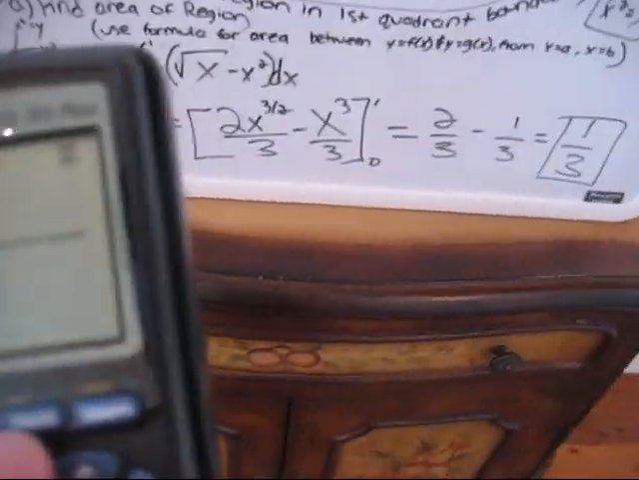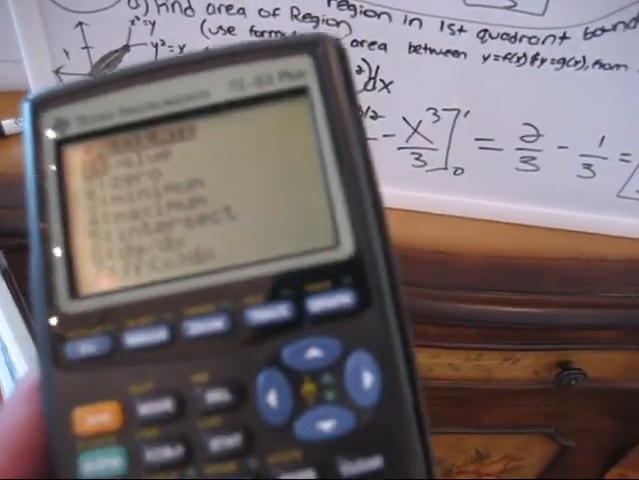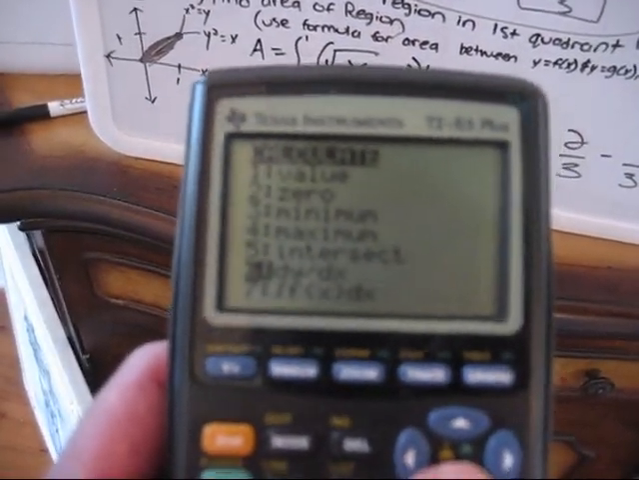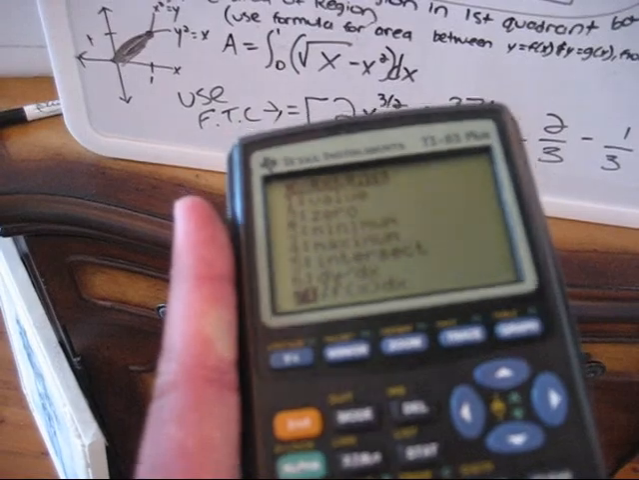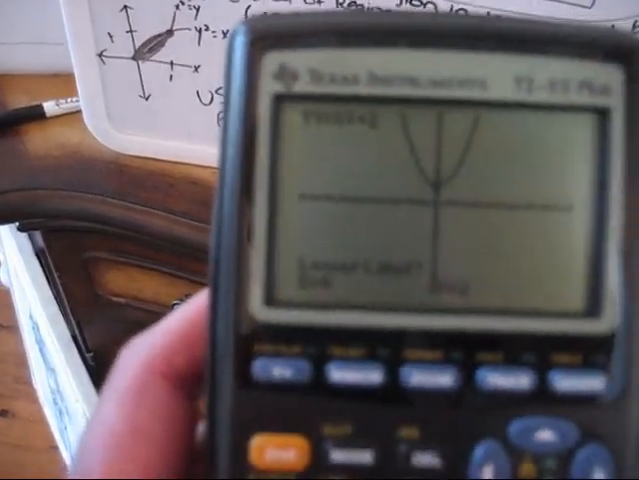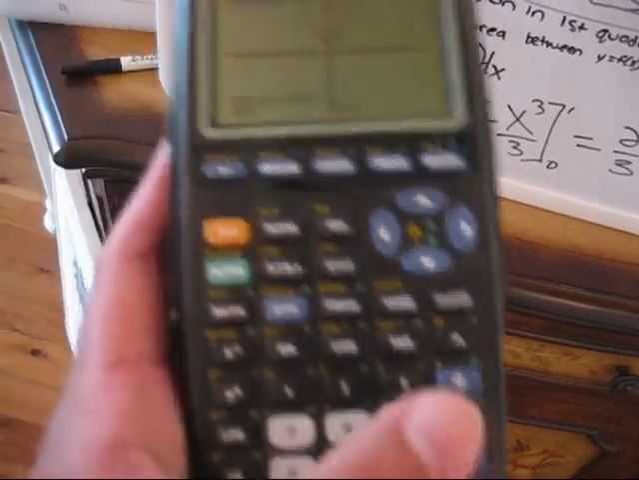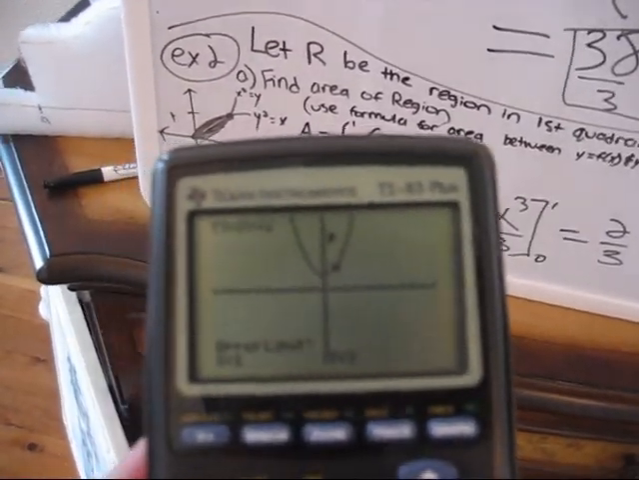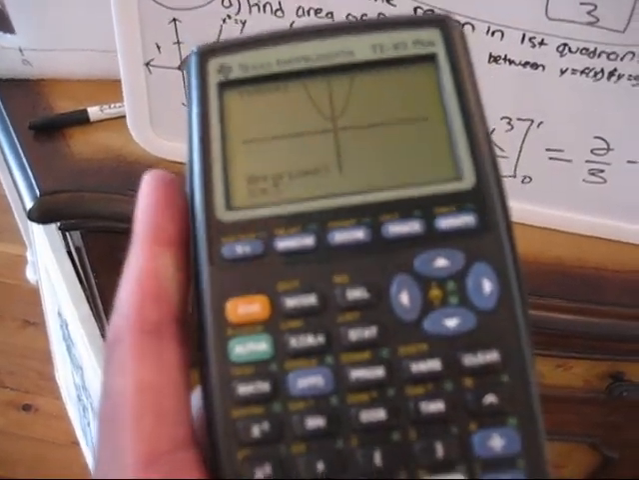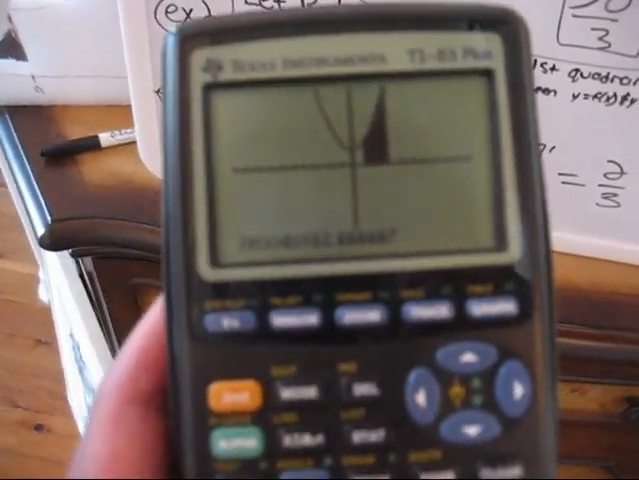To find this area on the calculator, press second Calc, and you go down to number 7, and it'll ask you for a lower limit. The lower limit on this problem was 1, so you just type in 1 and press enter. Then it'll ask you for the upper limit, and the upper limit was 3, enter, and you should get